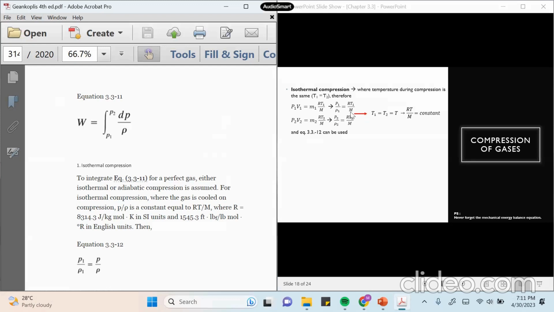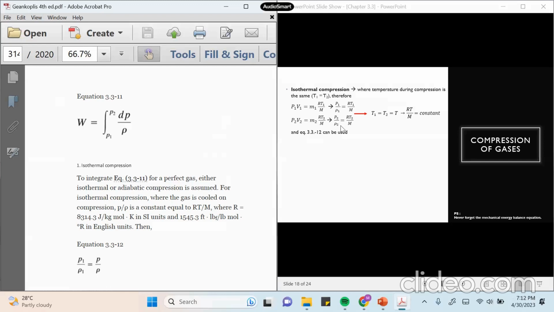M is the molecular weight. It goes as well for the second condition. PV equals nRT, right? n is mass over molecular weight. And then we move the M2 to the left-hand side, so it becomes 1 over density 2. Actually, we can delete this M1 and M2, because in the compression there is no change in mass. But since the density changed, then